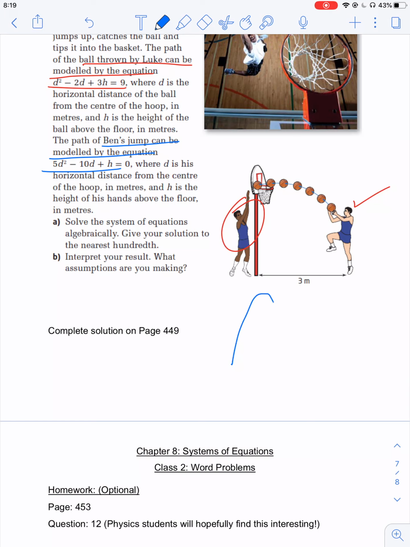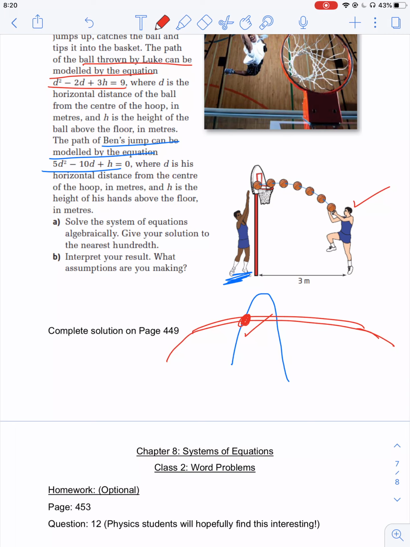So again, you can graph these functions. So this is Ben. I'm going to be consistent with my colors, right? So this guy's trajectory is in blue, and the trajectory of the basketball, because it's an alley-oop, will probably look something like this. Okay, when you graph it, this would be the quadratic function, and you're going to have to find this point of intersection. Okay, not this one. This would be the point of intersection that you're looking for, because remember,